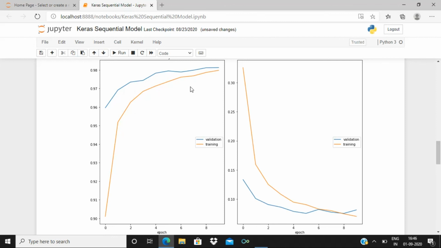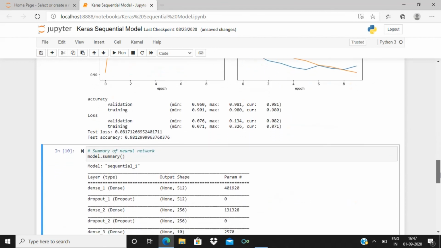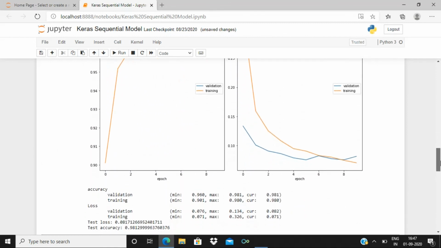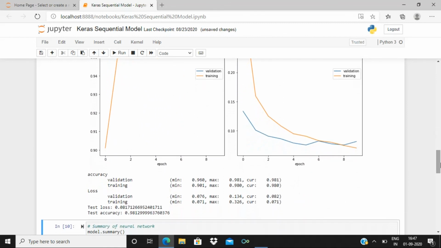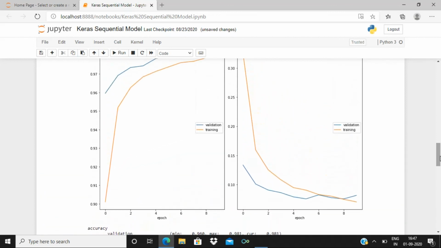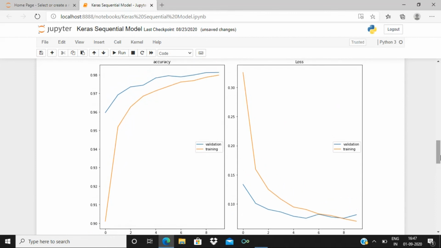It keeps on increasing for both the training data and the testing data. We are able to visualize this because of the live loss plot which we have imported earlier.